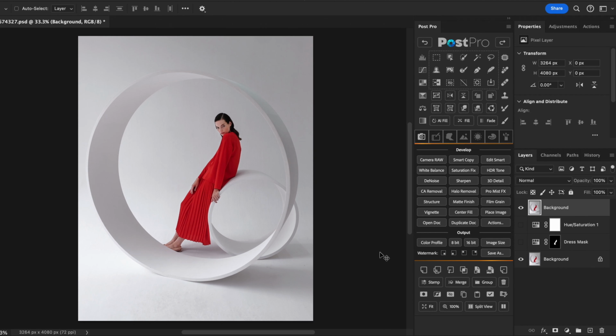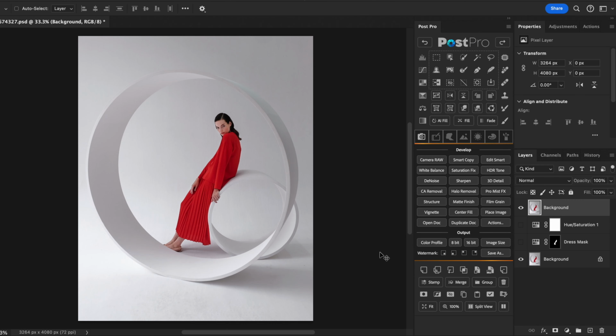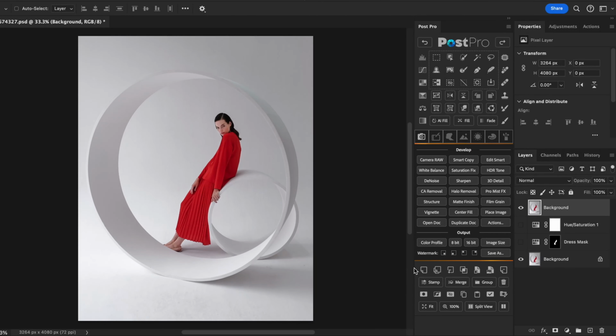Hey everyone! In this video, we'll take a look at the bottom-most section of the Post Pro panel. The bottom section of the panel is divided into the layer tools, layer mask tools, and viewing options. The first two rows consist of all the layer tools, starting with the Create a New Layer button, followed by